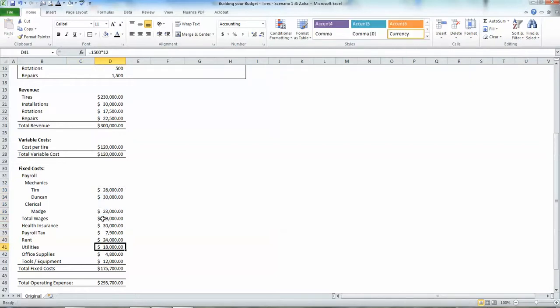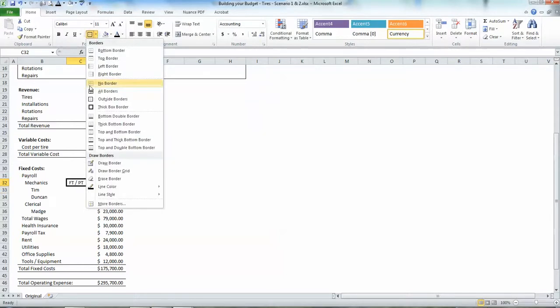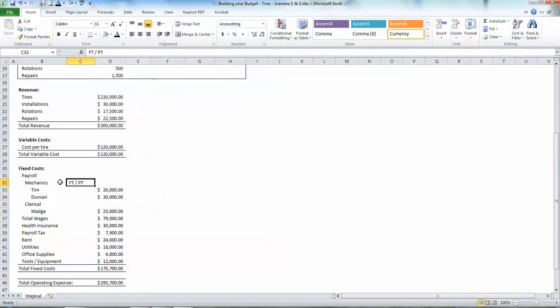As you can see, none of the formulas change when you just highlight the cells that you want to move and move them. As you might remember, in scenario 2 last week, we made a full-time, part-time column. So I'm actually going to do that again because that might come into some helpful use later on if we change employee status again, or even make new employees, or whatever it may be, so that we know that this general column is calculating our health insurance,